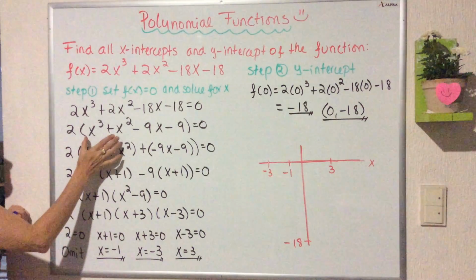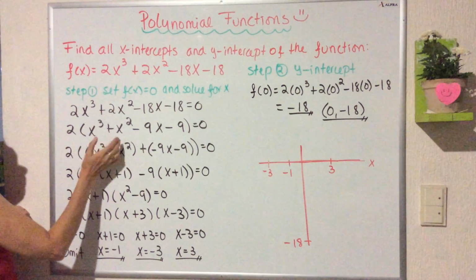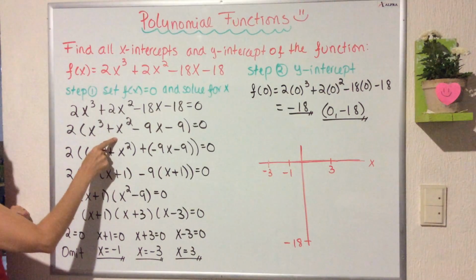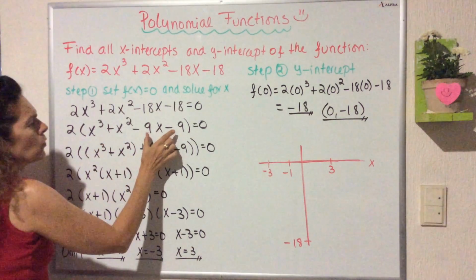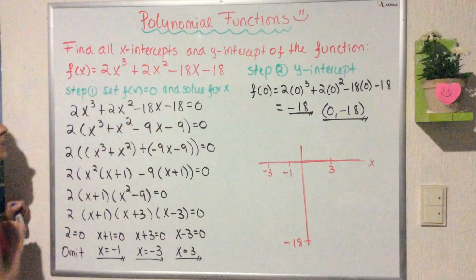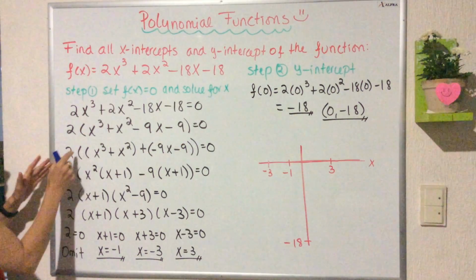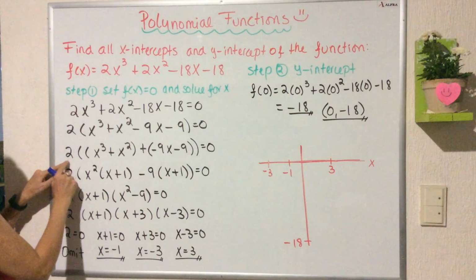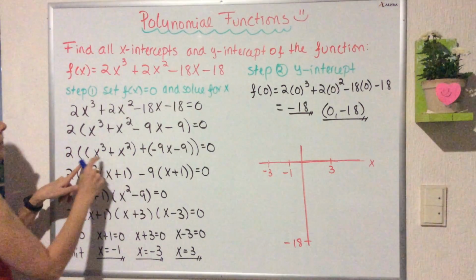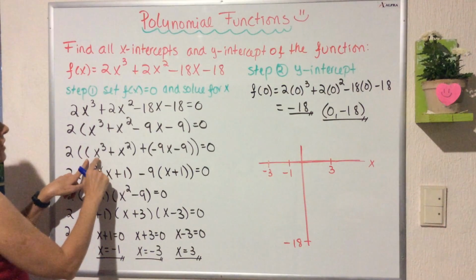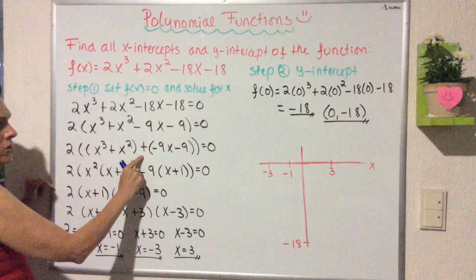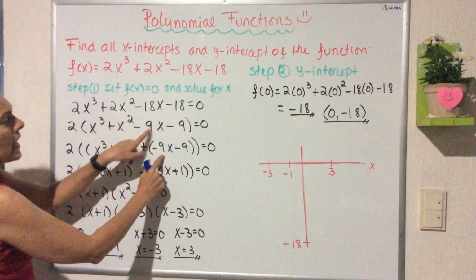So I'm going to group these two terms because the common factor here is x to the second, between x to the third and x to the second, and I'm going to group these other two because I have the negative 9 as common factor. So I'm going to write like this: 2 times and then parentheses to associate. I am going to associate x to the third plus x to the second, okay, plus, and then minus 9x